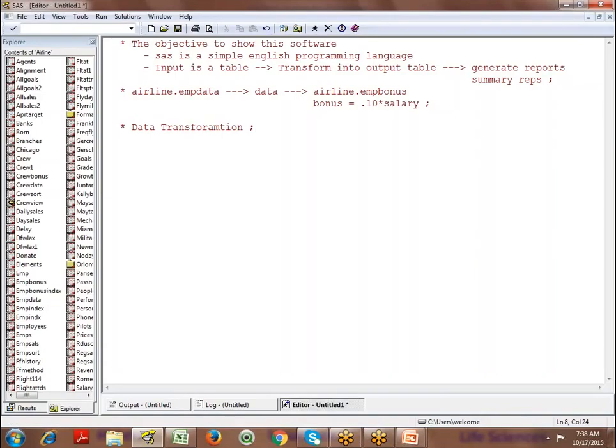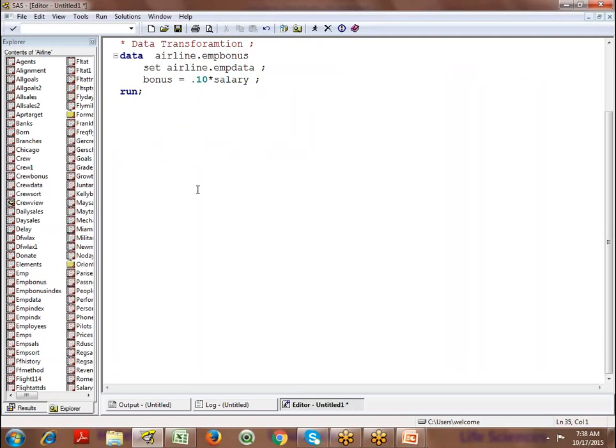The one that I'm showing you now is data transformation. In the set statement, give the input table, and in the data step statement, give the output table. This is a new output table that you're creating. Then create a new column called bonus, which is equal to 10% of salary. This is how you're going to write the program.